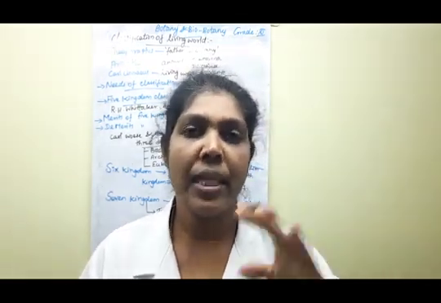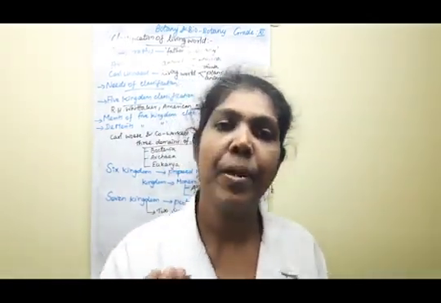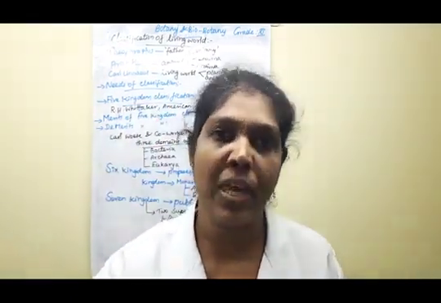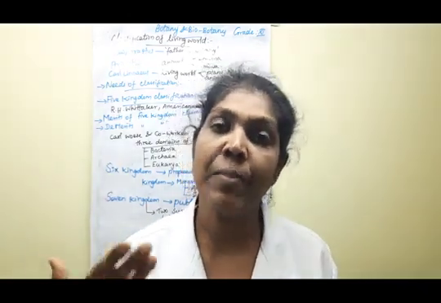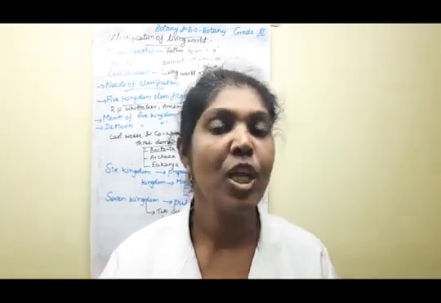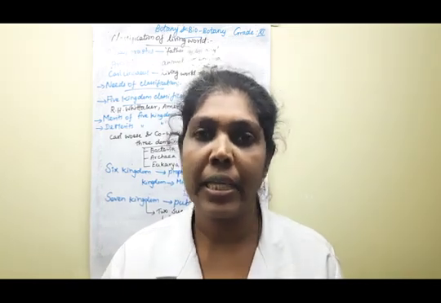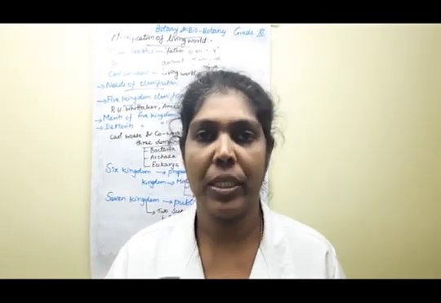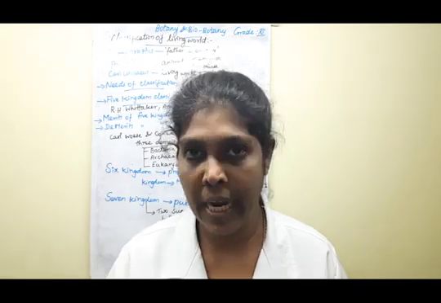Clear, children? Then again, they ask some more questions: name the five kingdom system of classification, name the six kingdom system of classification, name the seven kingdom system of classification. They will ask this as a 2 mark question. Clear, children? Then, as I already said, read line by line and prepare some of the one word questions. Okay children, all should prepare thoroughly. Thank you students, thank you.